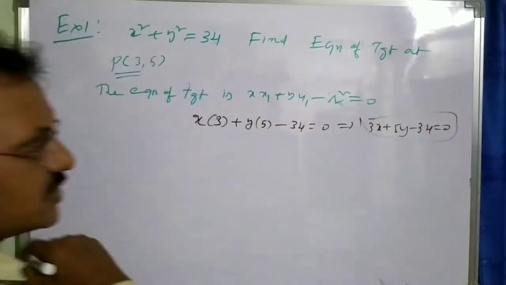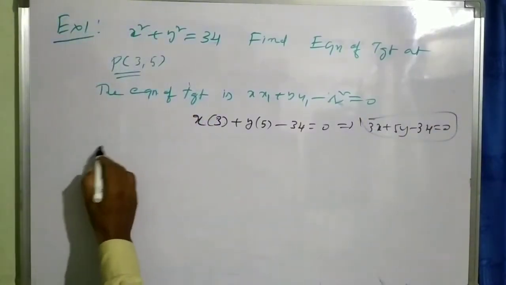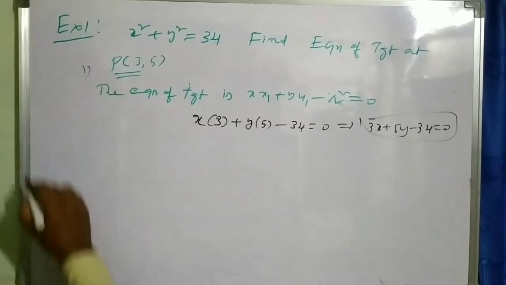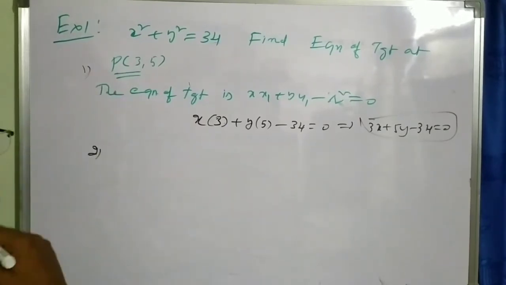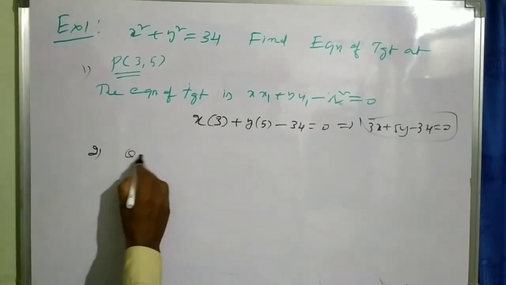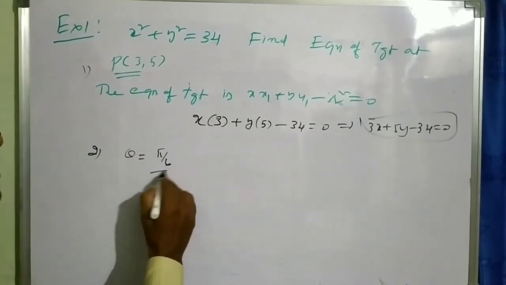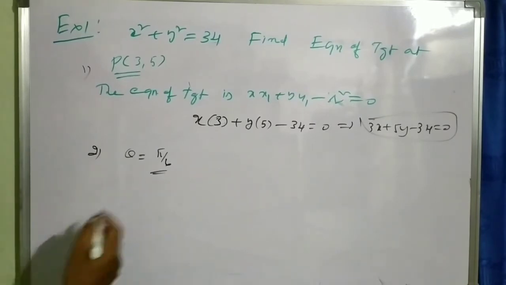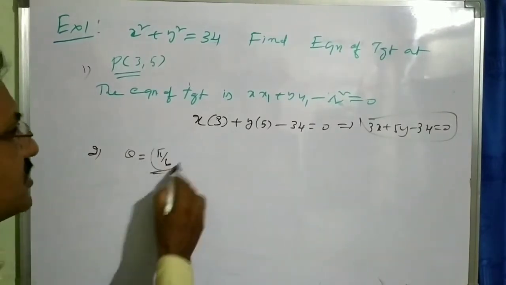Equation of the tangent at the point P. At the point, so this is the first case. For the first case it is a suitable example. Suppose at the point theta is equal to pi by 6. What is the parametric equation? What does theta equal to pi by 6 mean?